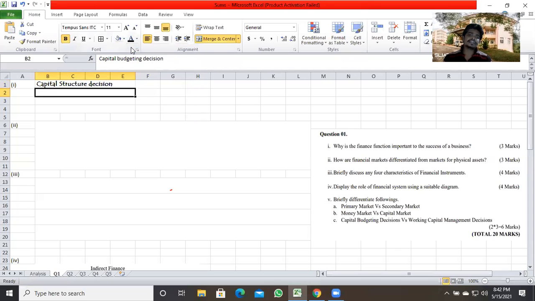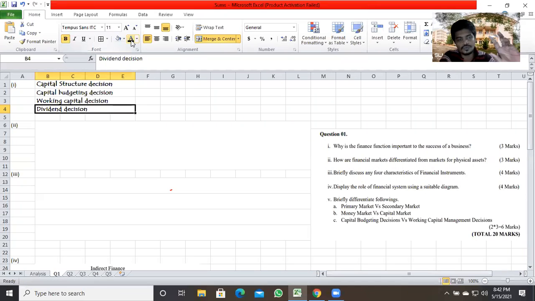When it comes to the finance function, you can identify 3 types of decisions. Each and every year this has been asked. Actually, it's 4. Capital structure decisions: what portion should be debt, how much owners' equity, how much preference shares. Then capital budgeting: what should we do to enhance our business activities, such as acquiring new buildings, purchasing new machinery, expanding our production lines. Then working capital decisions, meaning short-term routine activities and how we are going to manage those.